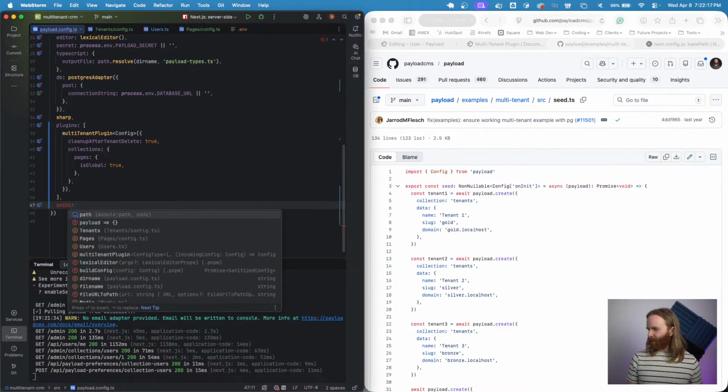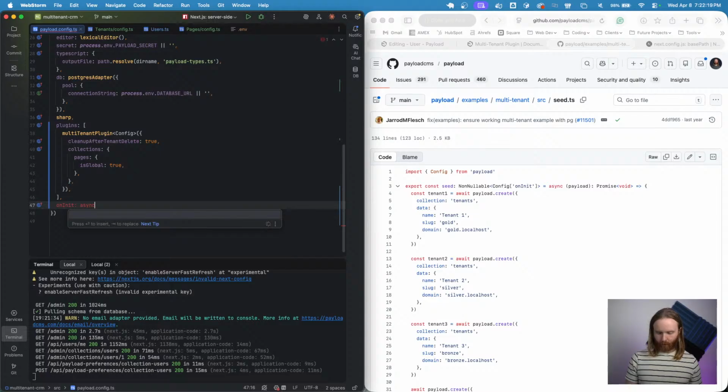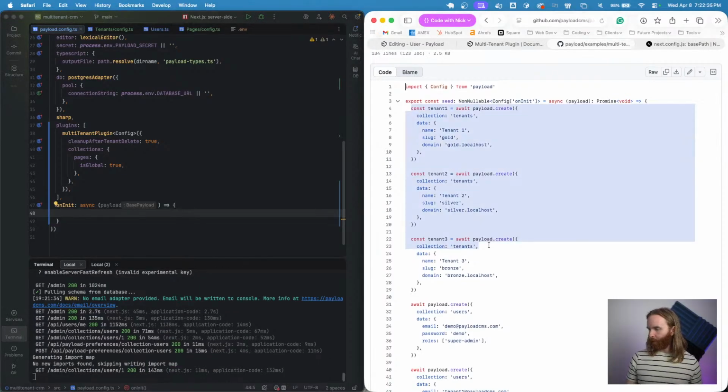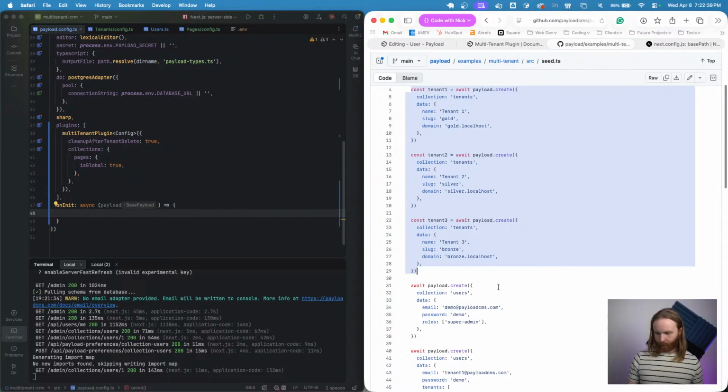I don't think this needs to be async. It does. Async await payload. Is that actually? No, I think it's just payload. There we go. And then I'm just going to copy and paste these 3 tenants